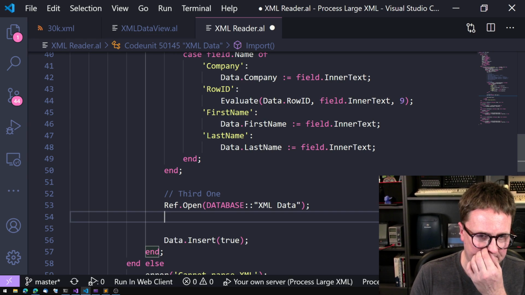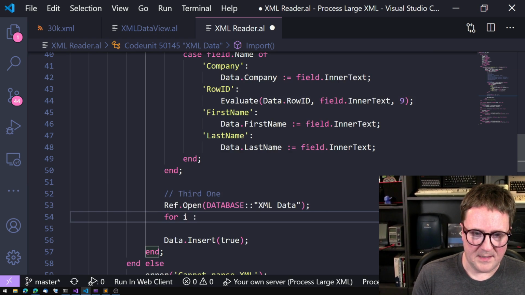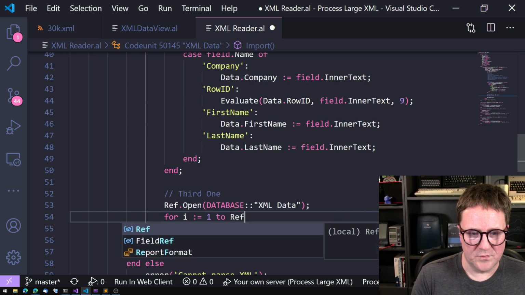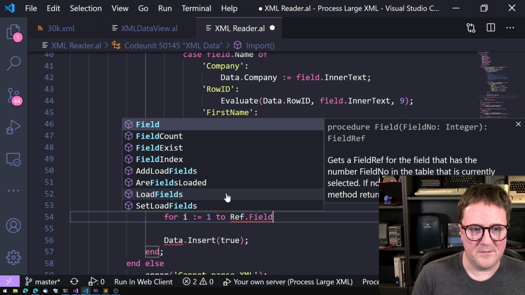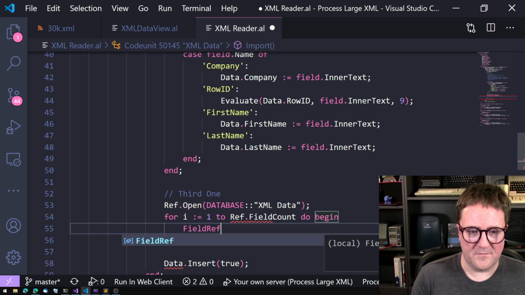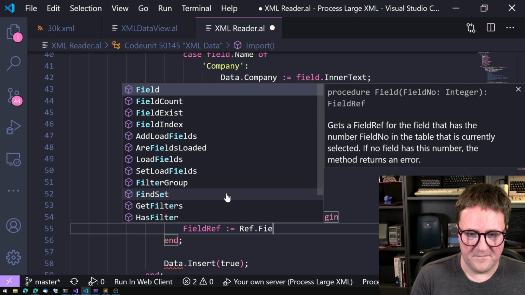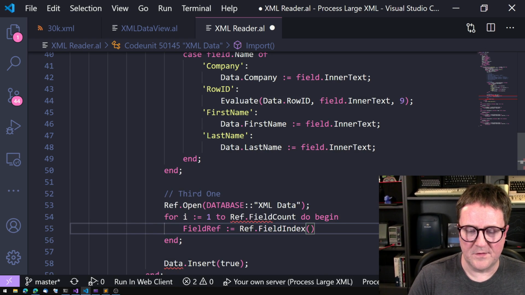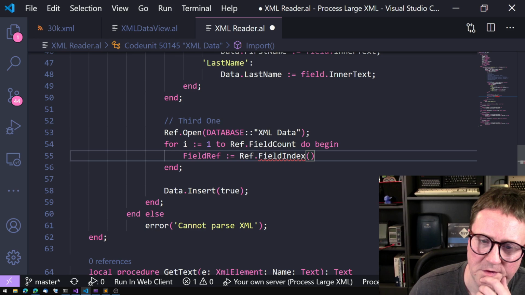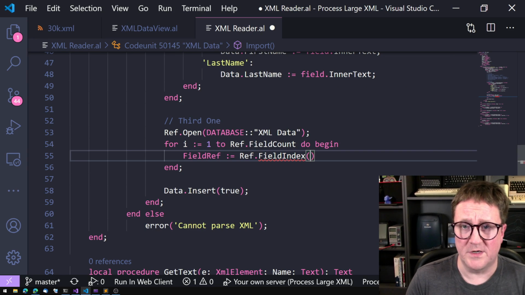and now we can do for e = 1 to ref.FieldCount, do begin, and let field ref equal ref.FieldIndex. So I've done a few videos on RecordRef, so go check them out if this is totally new. But basically now